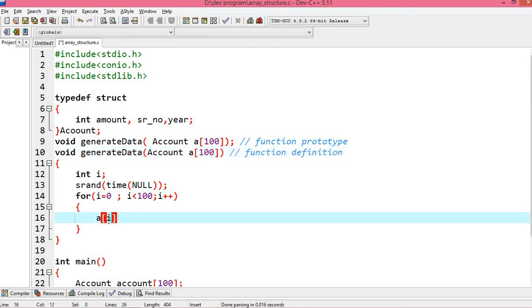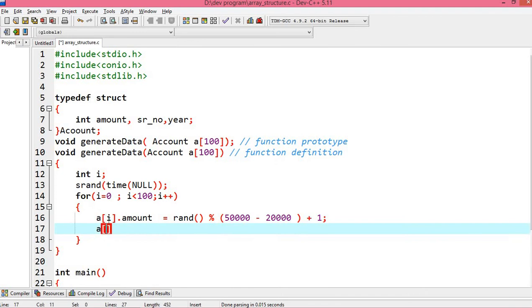So a of i dot amount is equal to random, that is my function call, and I will perform modulo with, let's say I want it to be 50, upper minus lower, and plus 1. That's it.